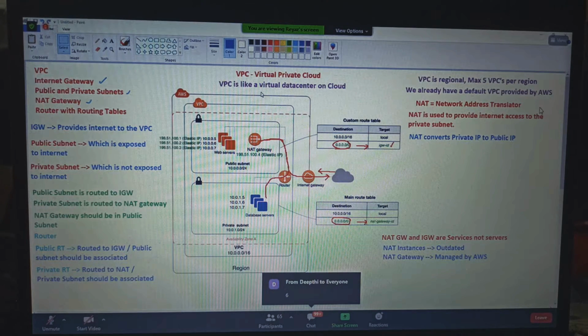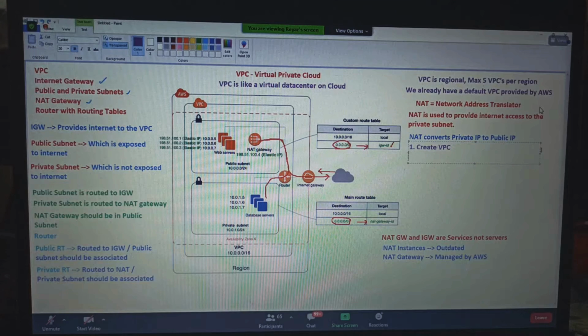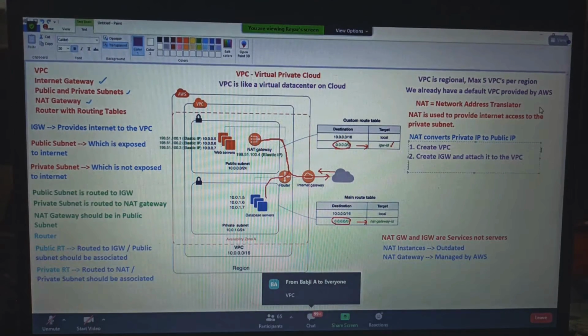Only 6 steps that you know already. Let us start writing it. You should remember this step by step, and you should not miss the steps. Number 1 step. First, we need to create a VPC. Number 2. Create an internet gateway and attach it to the VPC. Number 3. After internet gateway, what we should create? Routing tables. So create 2 routing tables, public and private. Subnets. Public and private subnets.